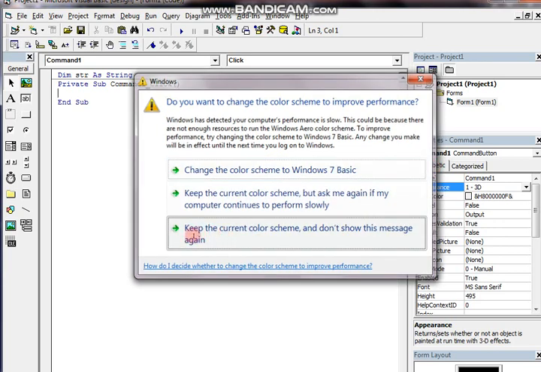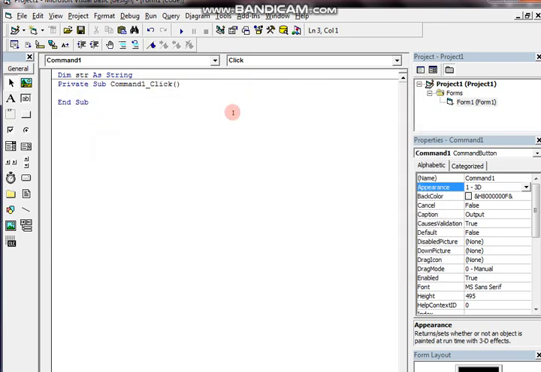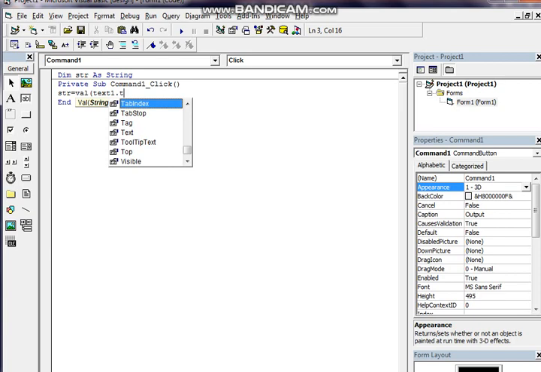We have to bring the leftmost characters from the string. So let me bring the data from the text field to the string. How can I write? Val of Text1.Text. We used to write like this before.